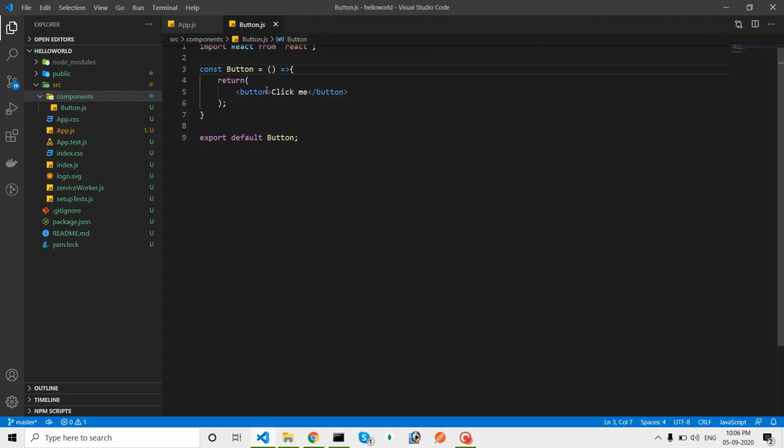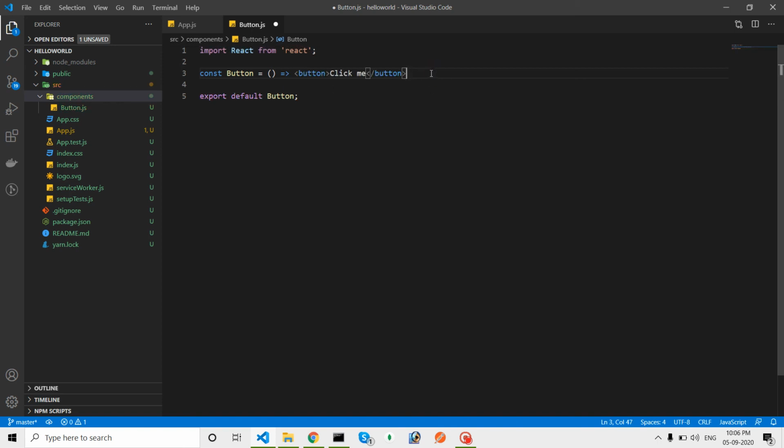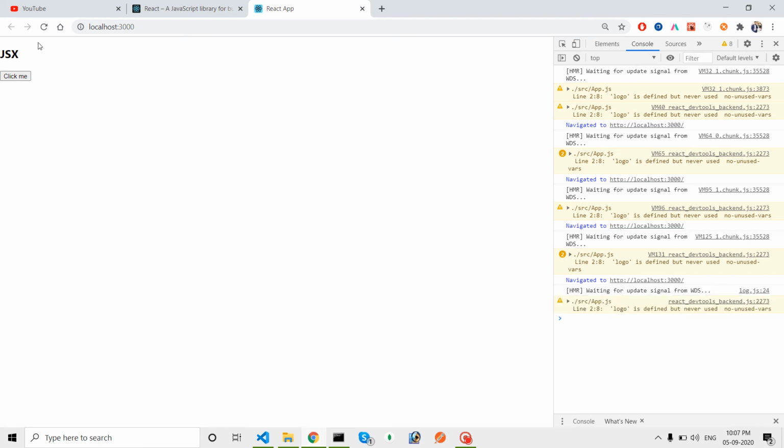This is also the same concept. And if we are returning only one simple tag, we can also remove these curly braces, as I already told you when I was explaining the arrow functions. So you can simply write this Button, remove all this return, and whatever we are writing, we can simply write like this. So you can see how much we have reduced our code. From 4 to 5 lines we have reduced the code to only 1 line. So this is the main use of arrow functions. We can write simpler code, fewer lines of code. So this is how we can reduce the code, and this also works the same. Once I save it and refresh it,